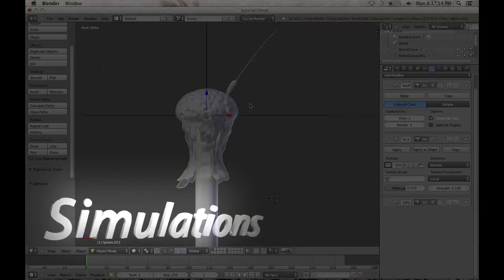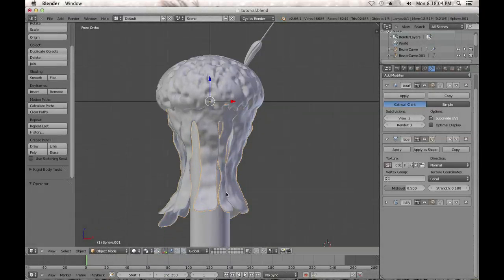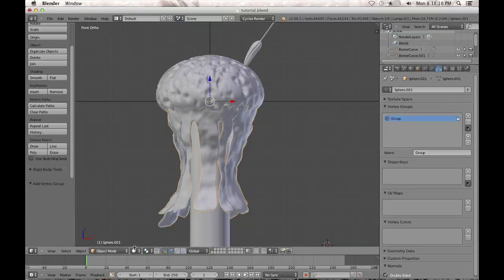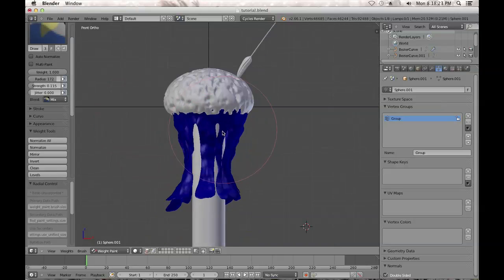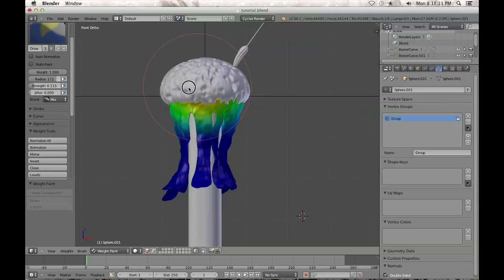Alright, so in my scene I added a cloth simulation to the dead little leaves here. So I'll do that step now. We'll start by adding a vertex group and switching over to weight paint. Now you want to turn your strength way down for this step and hit F to make your brush bigger. So we basically want to make more the red areas is where there's going to be basically no simulation, and the bluer areas is going to be